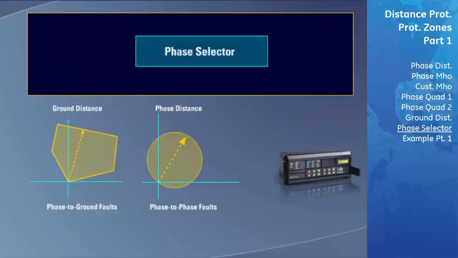The phase selector operates and determines the type of fault much faster than both the phase distance element and the ground distance element can. If the phase selector detects that the fault is located on more than one phase, it will block the operation of the ground distance element and only allow the phase distance element to signal the D60 to trip. Now the event record will only show the phase distance element operating, and diagnosing the fault becomes much